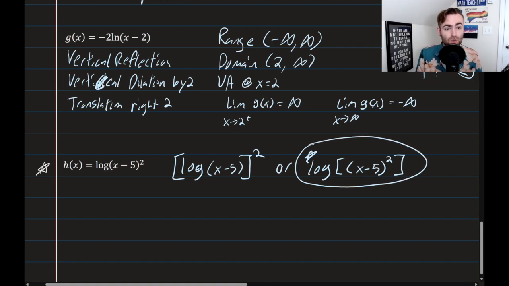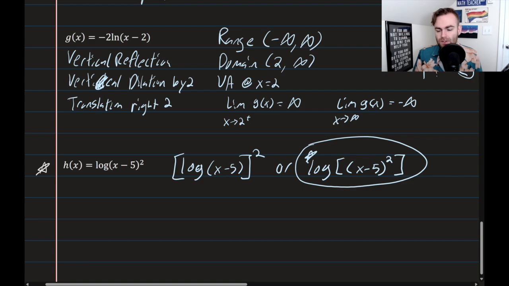I would make sure and tell you that it is this one because this one has a lot of, we'll call it weirdness. Interesting behavior is the way I would like to put it. So this function would always be positive, for example. What this would mean is it's a log times a log. And it's very interesting. So I'd love to explore the difference between these two in class, but right now, let's explore what this one's